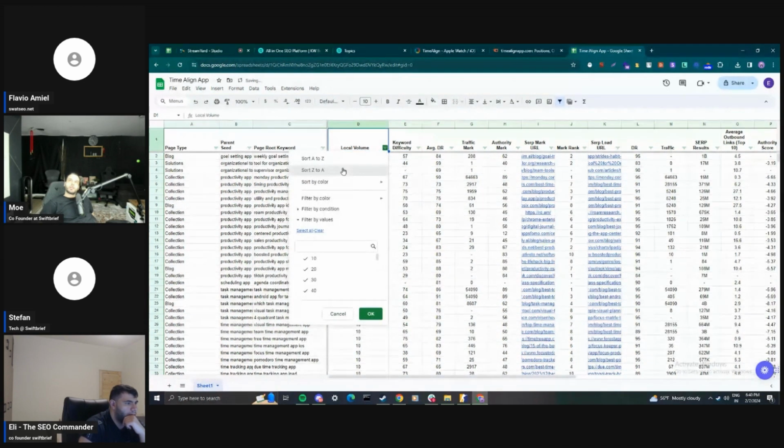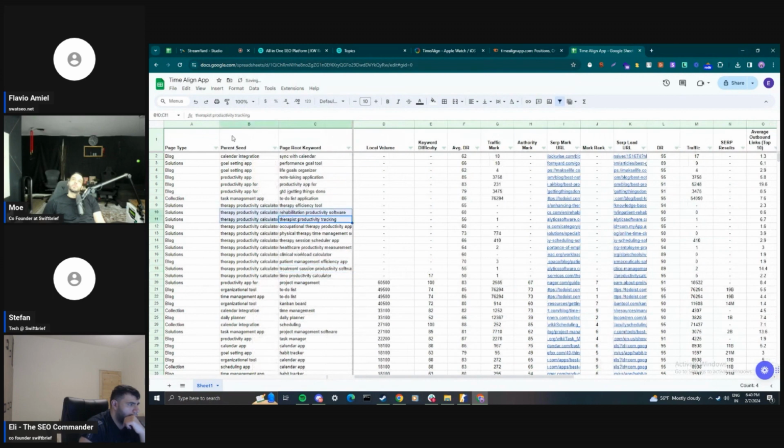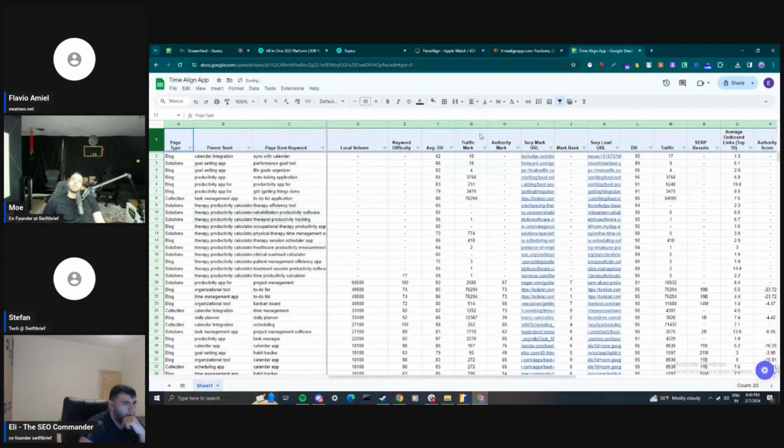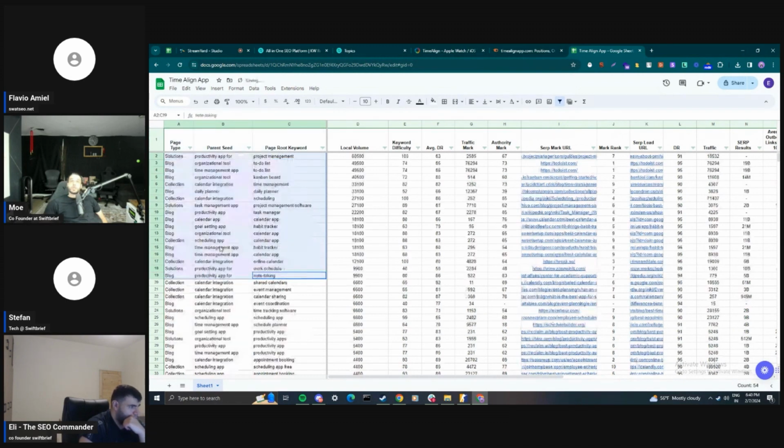Yeah, and let's start off actually clearing out those no volume. Well, no, let's not jump to that. Let's see if there's anything there that we can pull where there is some sort of light that we see. Sync with calendar, performance goal, tool life goal organizer, note taking application. Yeah, it looks pretty standard there. Okay, so we can remove those from the list so that we can start to look at